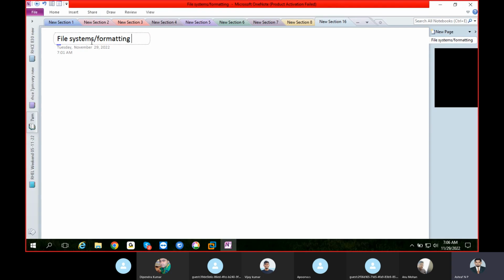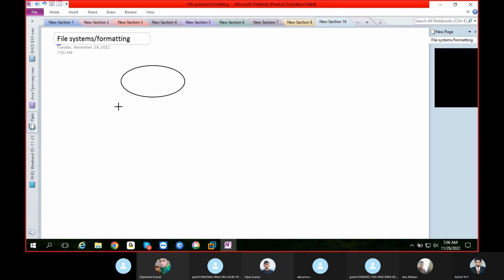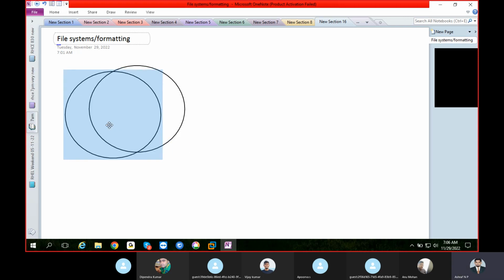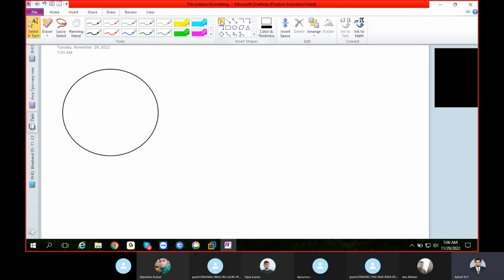Today, let's start with file systems. Partitions are ready. What is next? We want to store data. Can you store data on this hard disk now? No. For example,